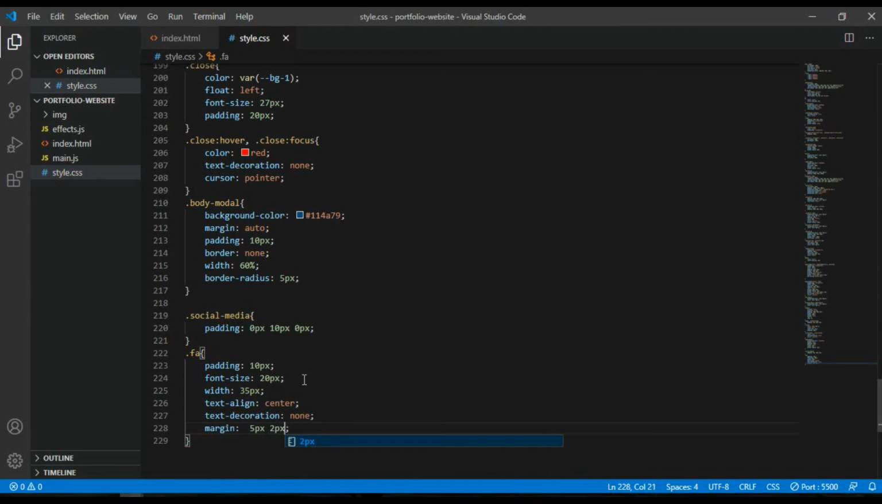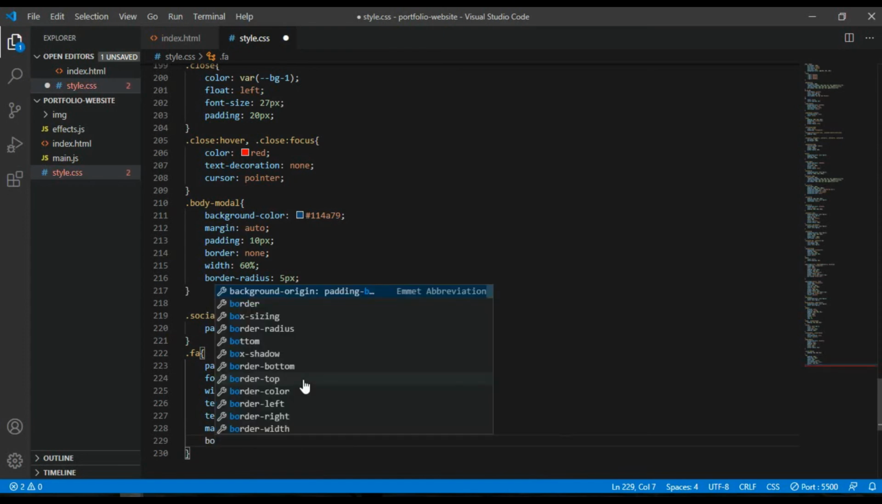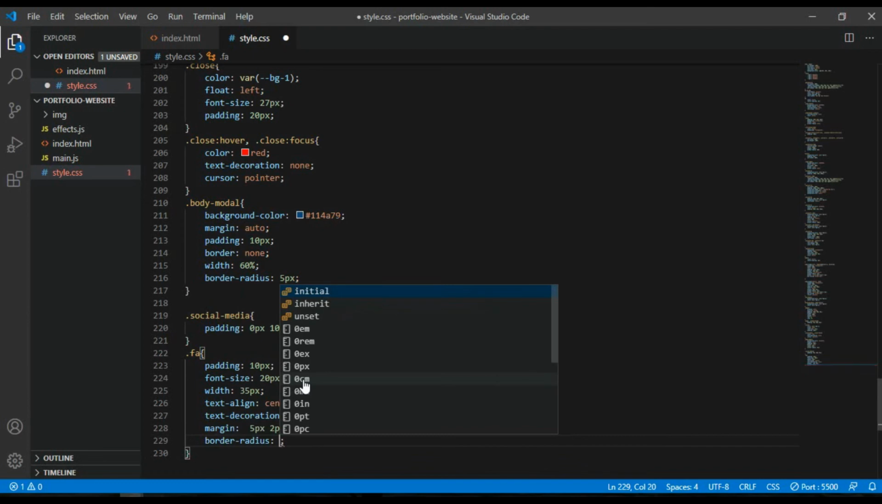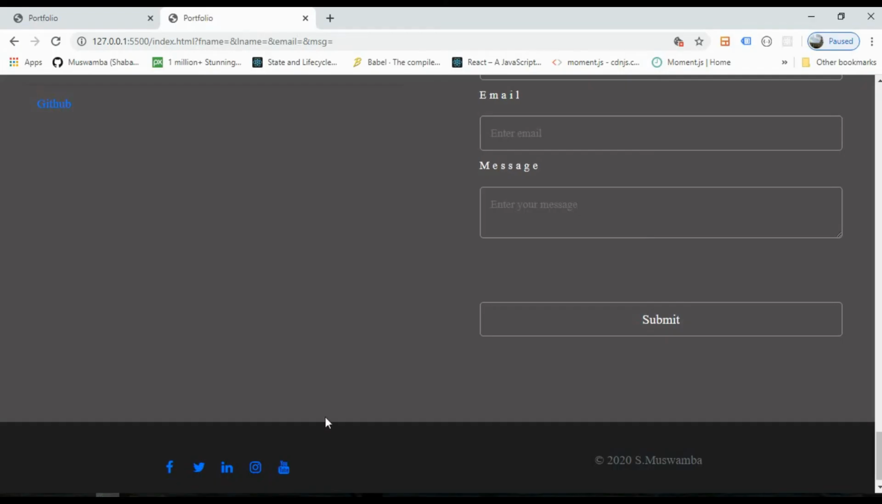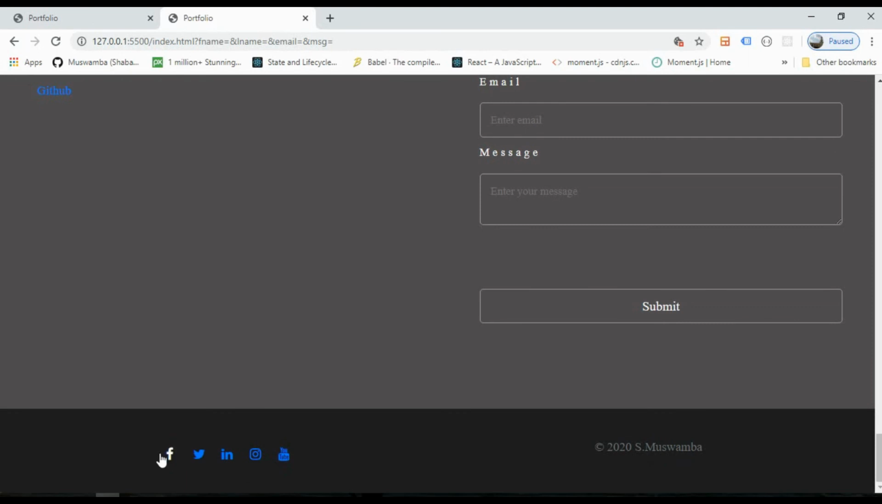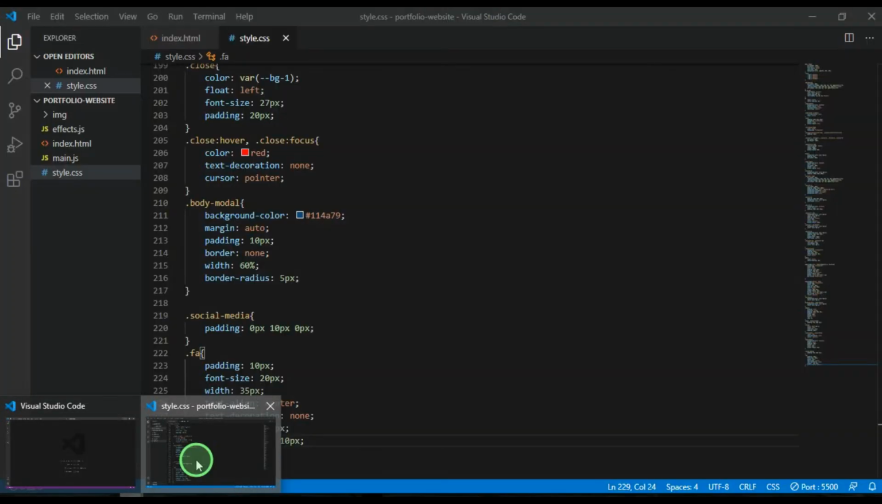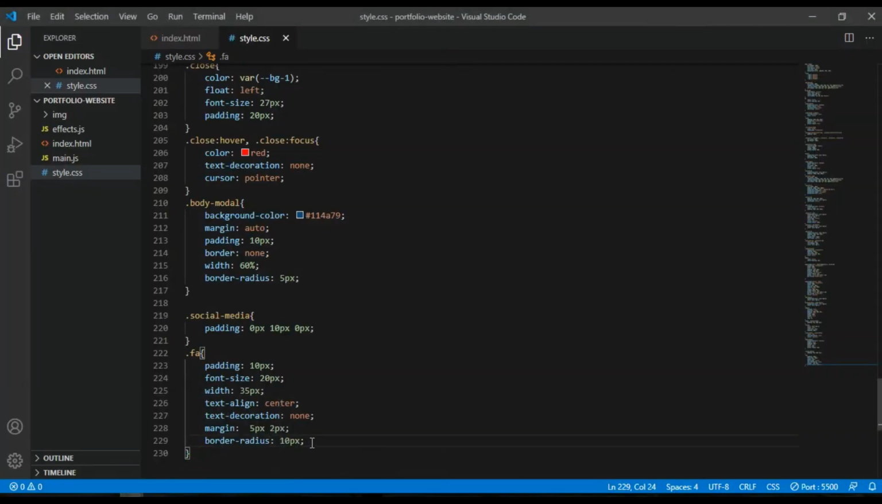Border radius, I can also go ahead and set border radius. I think I can set, let me go ahead and add 10 and see first of all what is there. Add 10 border radius, but right now you can't see because of the color. So now